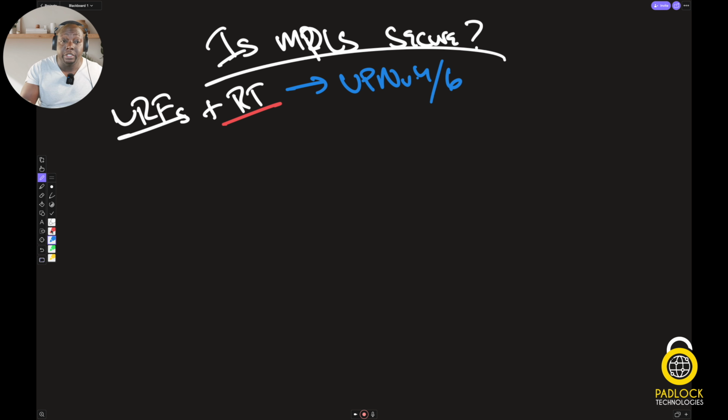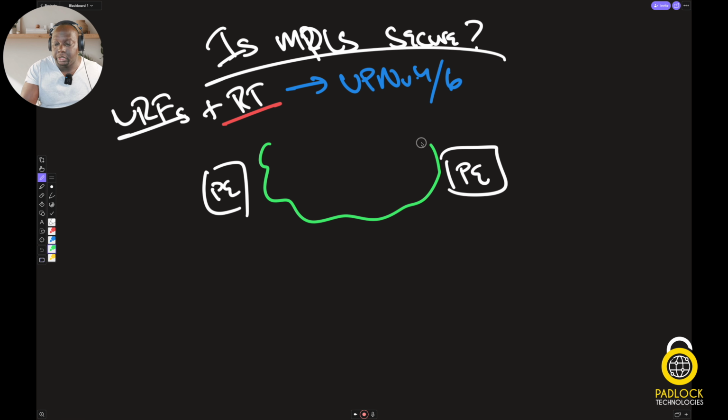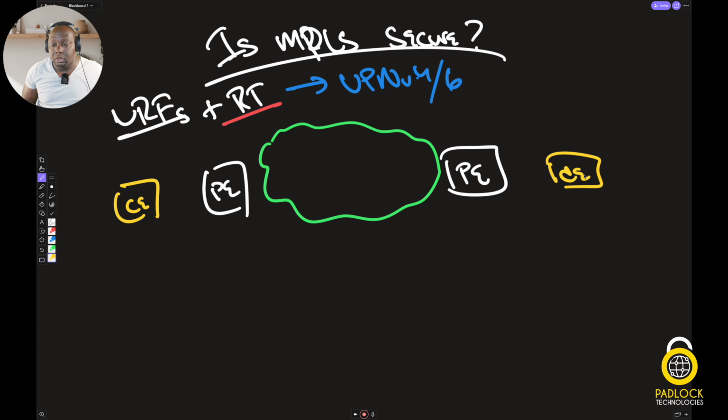So if you look at, let's just say MPLS. So let's say PE here. We have another PE here. And then I'll just put the cloud as the MPLS, right? And then you have your CEs and CEs. Well, from a traffic separation standpoint, if I had separate VRFs, which I will just use different colors to say different VRFs,